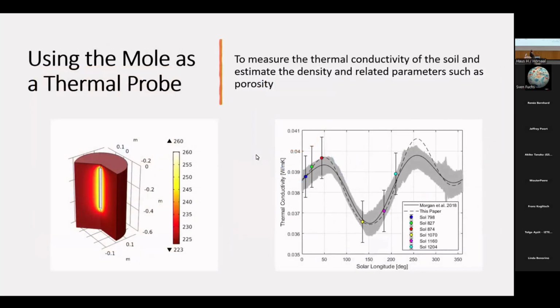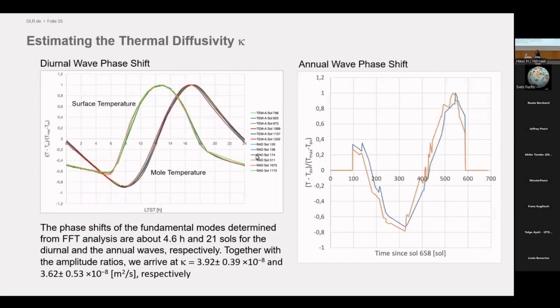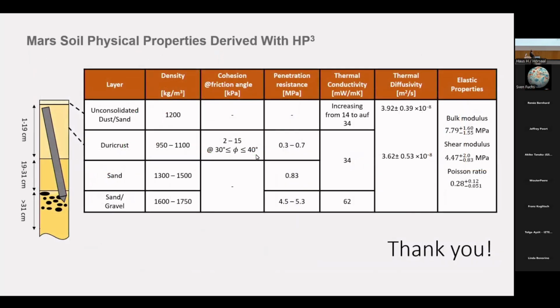So we could only use the mole then as a thermal probe, which we did, and we used it to measure the thermal conductivity. We also used it to measure the temperature as a function of time over a year, and the diurnal period, to estimate the thermal diffusivity from that. And then in the end, we used both the penetration profile, and also the signal that was generated by the hammering that was recorded with the seismometer, to measure the elastic properties, and then we determined the thermal diffusivity and the thermal conductivity, penetration resistance,